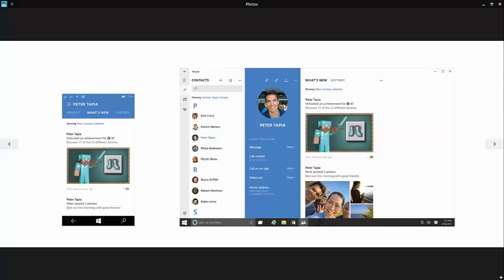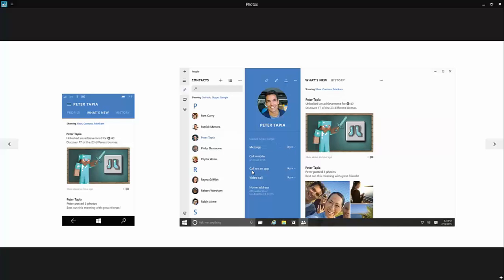You can see achievements, not achievements. You can see everything related to that one person. So a cool thing that they have here is, say you're talking to Peter Tapia. If you have his Skype information, you can Skype them or message them on Skype, or you can hit the drop down menu. You can message them somewhere else, like Facebook, if you download the app, or you can call